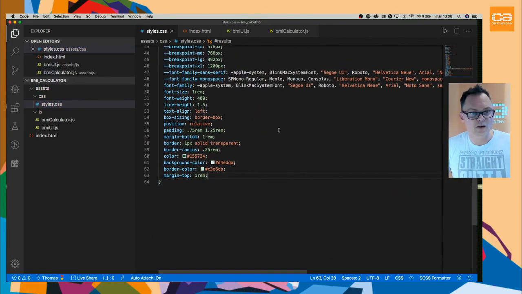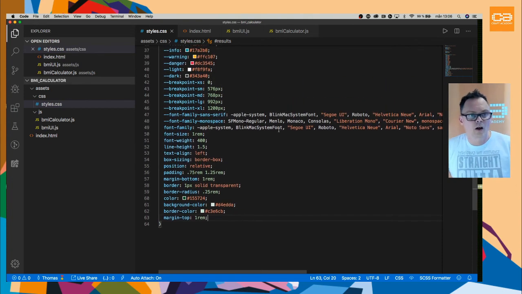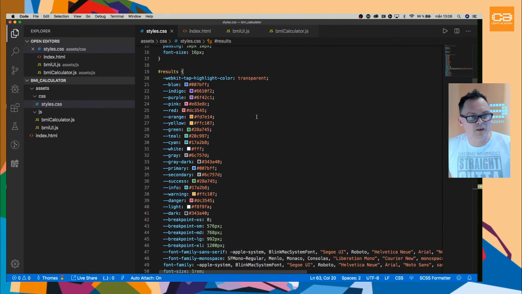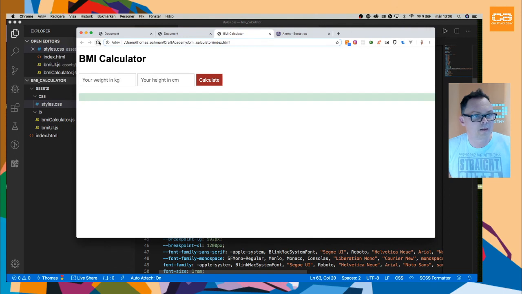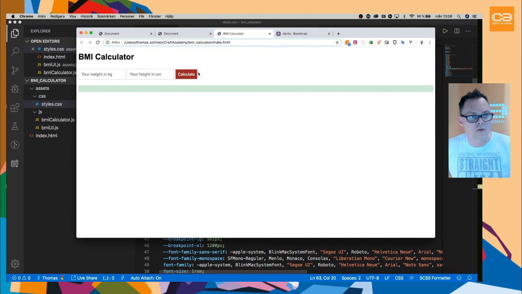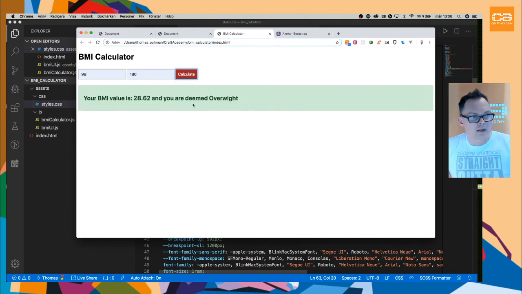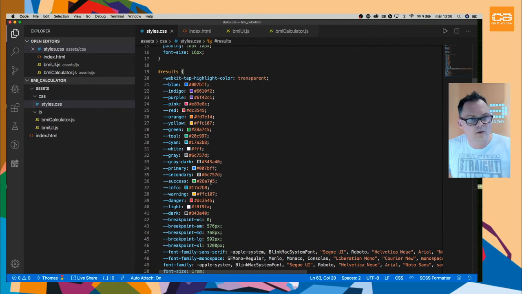That's really a lot. Probably I don't need all of that, but let's see what it does for us. Let's go over here, and it actually adds the whole enchilada to start with. Let's see what it looks like. Your BMI value is 28 and your BMI is overweight. Now, I would say that I don't need this to start with. So I will